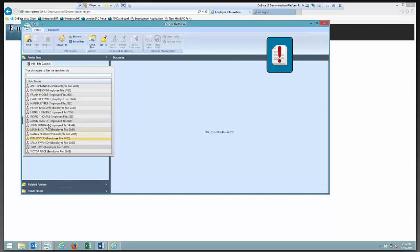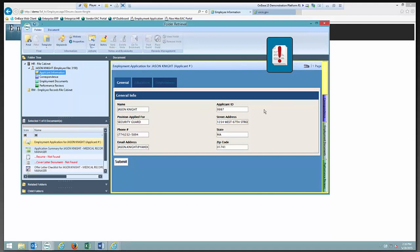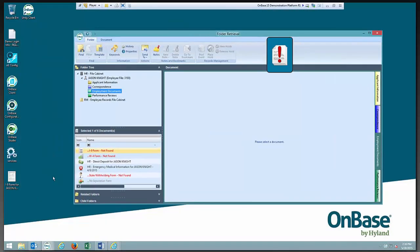And so you see we have their application, we have their offer letter, and then we can go through the different tabs. We can go over to their employment documents, for example. And what you see here is we're missing that I-9, we're missing that W-4. Just for the sake of demo purposes, I already have this ready, but you could get this off a file share, you could scan it in. I have that I-9 form on my desktop, and with a simple drag and drop,